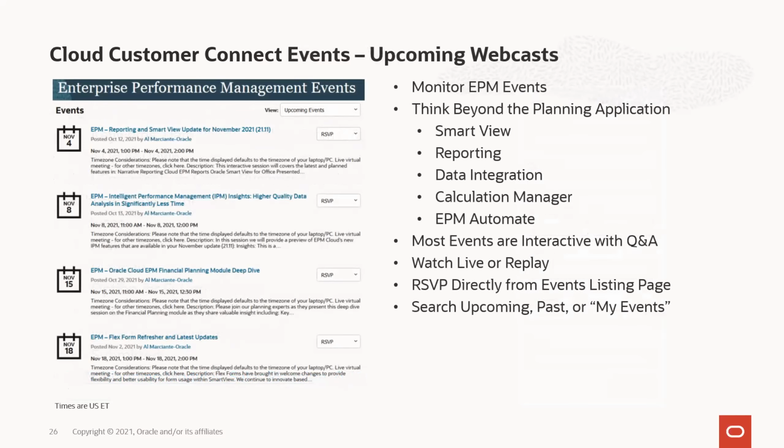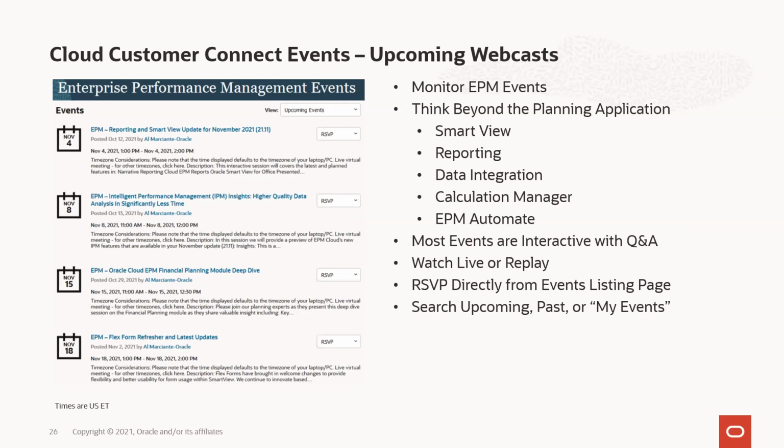Another one that Mark mentioned is that there's another area. So we have the forums themselves, we have the idea labs, but we also have the events section. So here is just a screenshot. I took it yesterday, so it's pretty much up to date. And I think, Mark, yours is on Monday the 8th, right? The one you were talking about. I think the IPM one is the second one on that screenshot, if you can see that. But these are the upcoming ones.